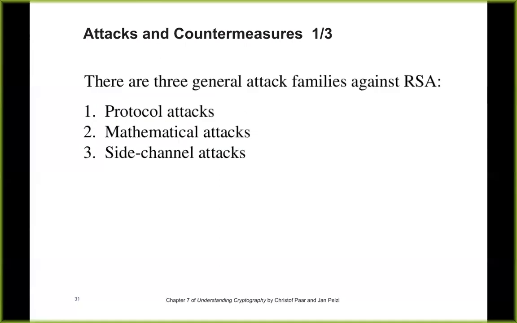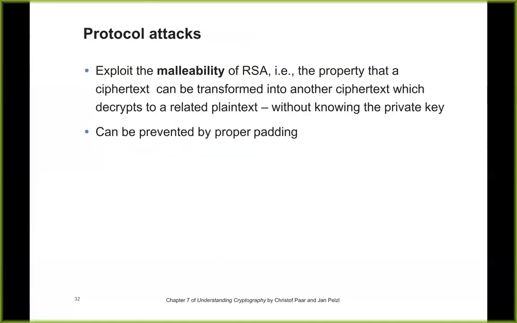So here are the weaknesses. These are the attacks. You can do protocol attacks, mathematical attacks, and side channel attacks. Now the protocol attacks will be attacking the design of it, from design flaws. And as we said, malleability is a problem. If you use textbook RSA without padding, then people could create valid ciphertext without the key and trick you. So that's what the padding does. The padding with this integrity check makes that essentially impossible.